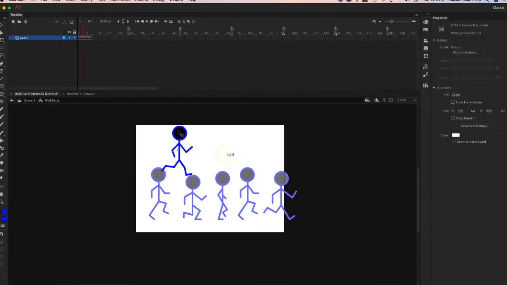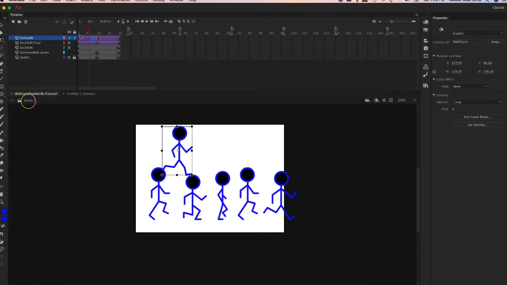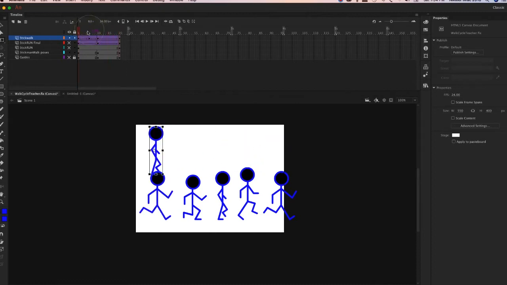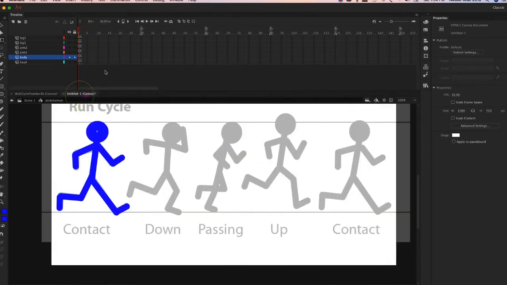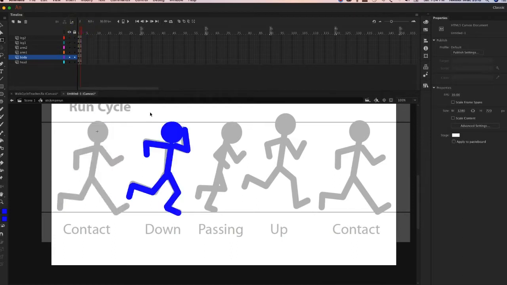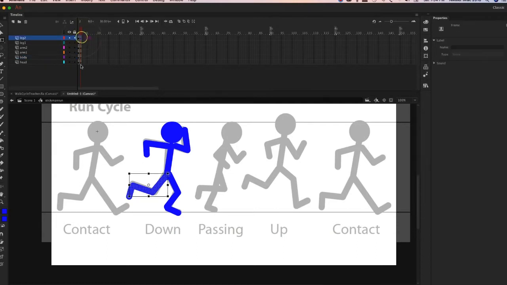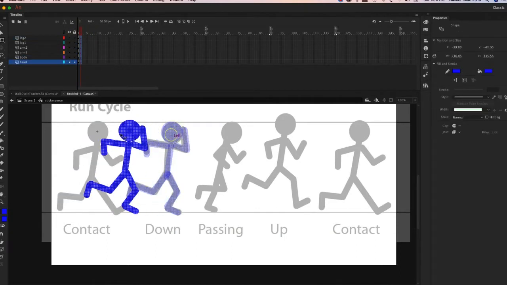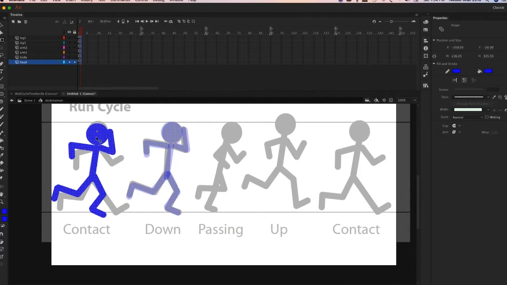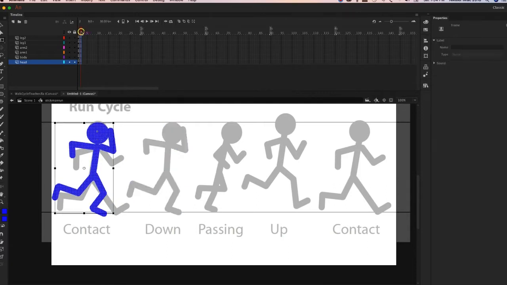So I've actually gone in, and in scene 1 I was able to do a classic tween in order to get them to move across the stage. When I go back here, I'm going to go back to this one. And all I did is I went ahead and overlapped these keyframes. So I grab this and then I move it on top of each other because basically it's going to look like they're running in place